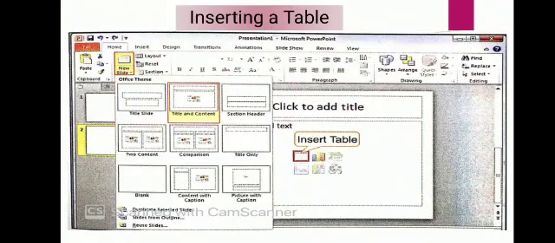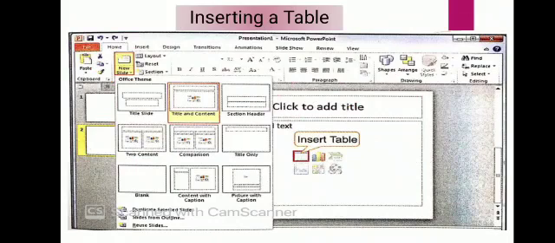First is how to insert a table. That is the figure you are seeing on your screen. When you open PowerPoint, first click on the Home tab. Then one option is given for New Slide. When you click on New Slide, it will show you the 9 slide layout options.